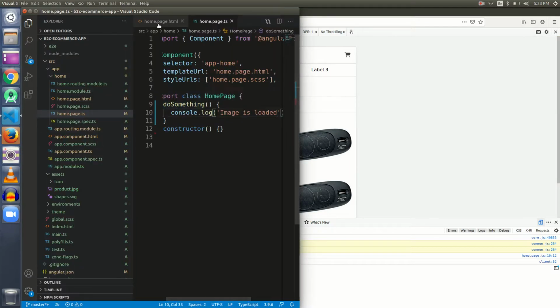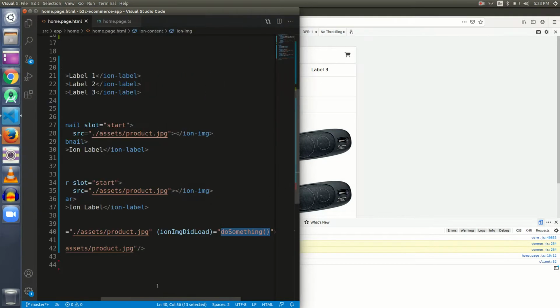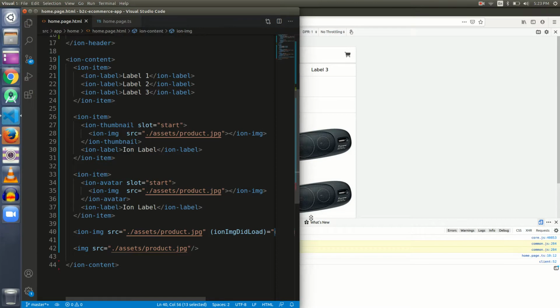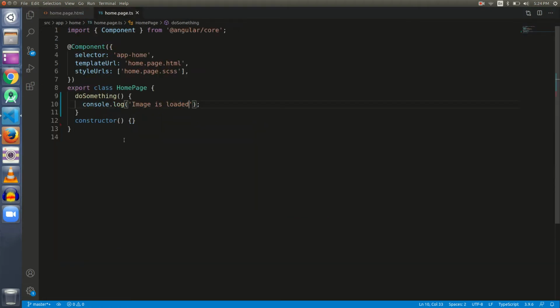When is doSomething triggered? As soon as the image is loaded with the help of the ion-img tag, the ionImgDidLoad event is fired, that called the doSomething method. And what is the task of the doSomething method? To log that the image is loaded.